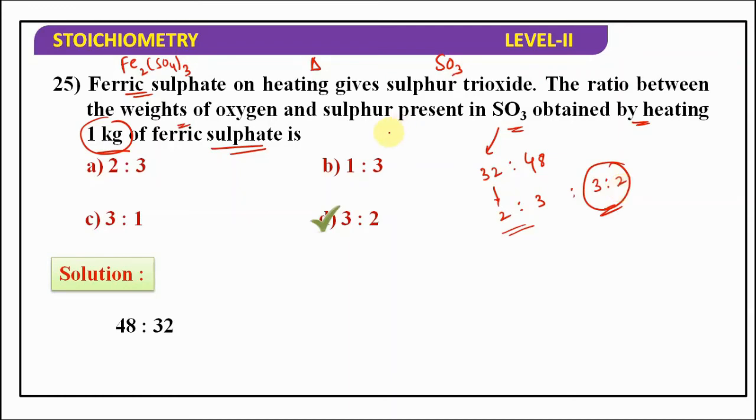Why? Because irrespective of the preparation method, the mass ratio of the elements in a given compound is always fixed. That is what we have done in the law of definite proportions and law of constant proportions. That's why we have taken that the mass ratio of the elements in that particular compound is fixed or constant. Clear?